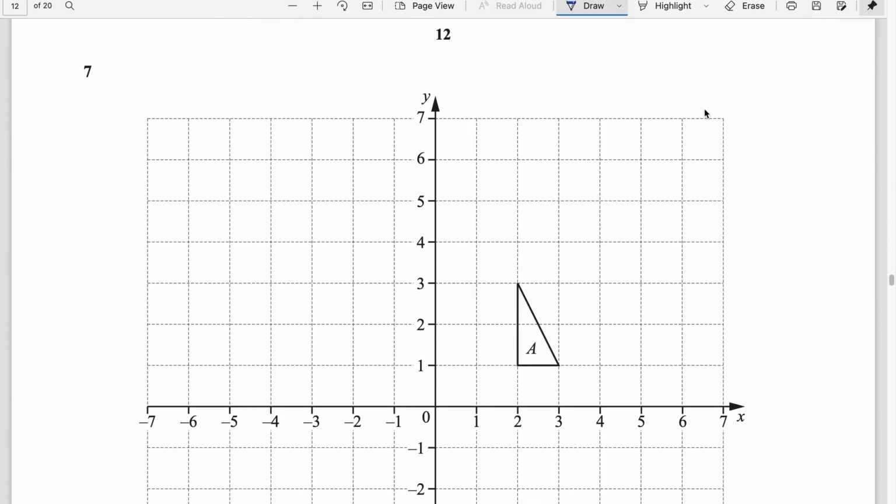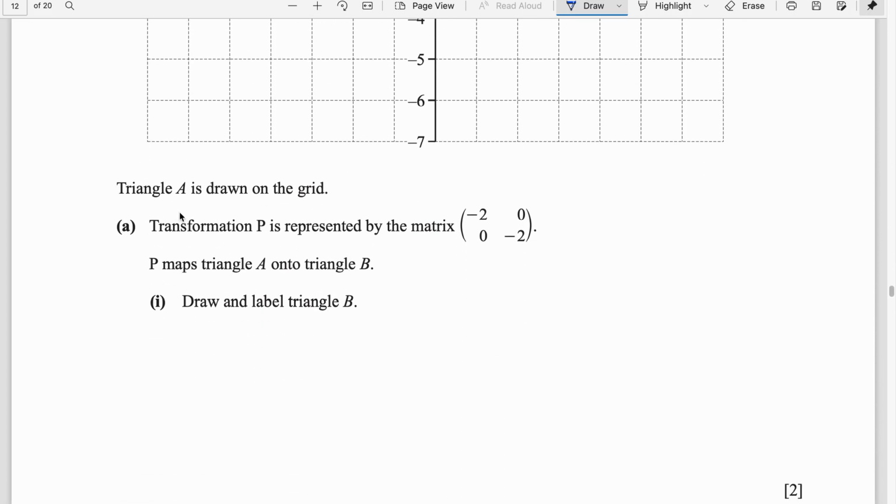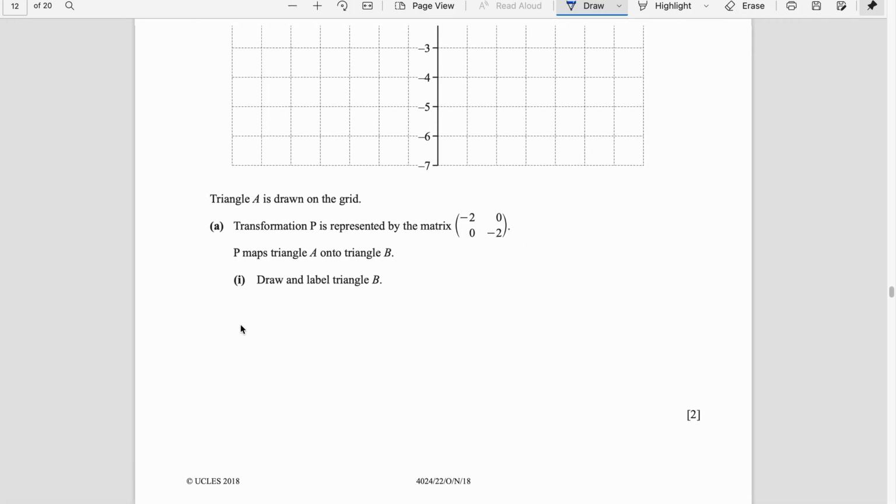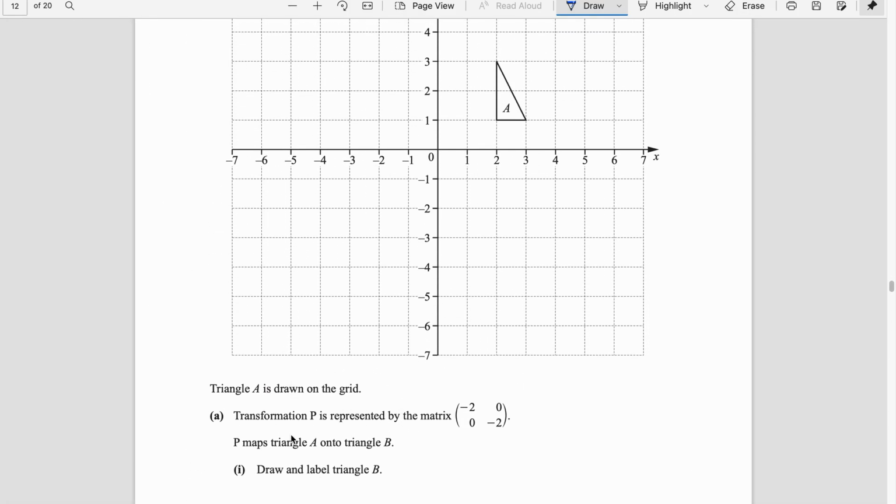Question number 7. Triangle A is drawn on the grid. The transformation P is represented by the matrix as shown. Triangle A is mapped onto B by P. By just looking at this matrix, if you have that practice, you can tell that it is an enlargement with scale factor -2. And if you don't have that practice, just copy these coordinates, all three coordinates,